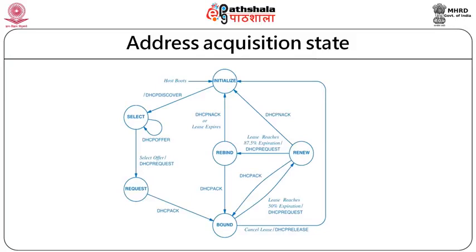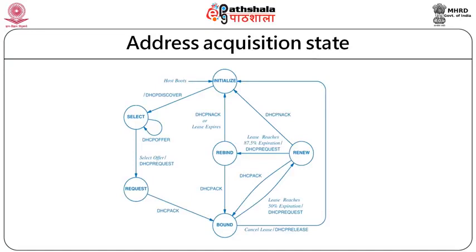If all servers are busy, then the client will not get any response. But when the client is in the select state, all the offers of the servers can be viewed by the client, and if it finds feasibility, it sends a request to the server using the DHCP request message type. So it will come into the request state. So the third state is the request state, where now I am waiting for the response from the server.